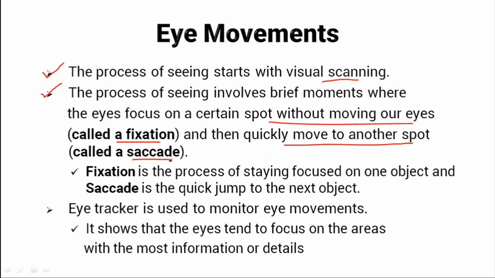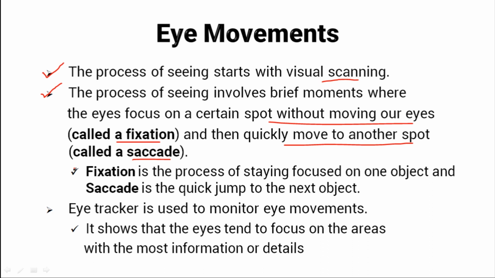It's like the eye is taking snapshots of different parts of the text and putting them together to create the whole picture. And this happens because our eyes need to focus on different parts of the text in order for us to read it properly. Think of it like a camera which is taking pictures of different parts of the scene and then stitching them together to create a panoramic view.